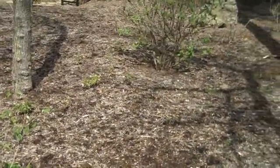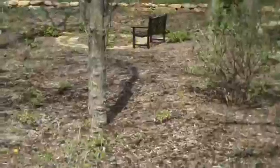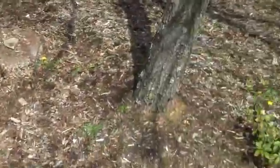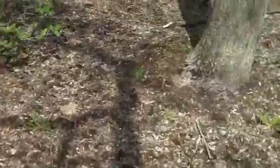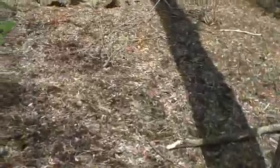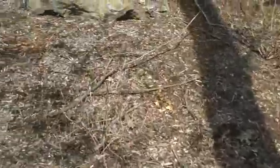Chris Orser Landscaping also offers a deer repellent service, where we come out and spray your existing plants in the landscape, which repels the deer, and over time they do learn to stay away from these particular plants that deer do like to